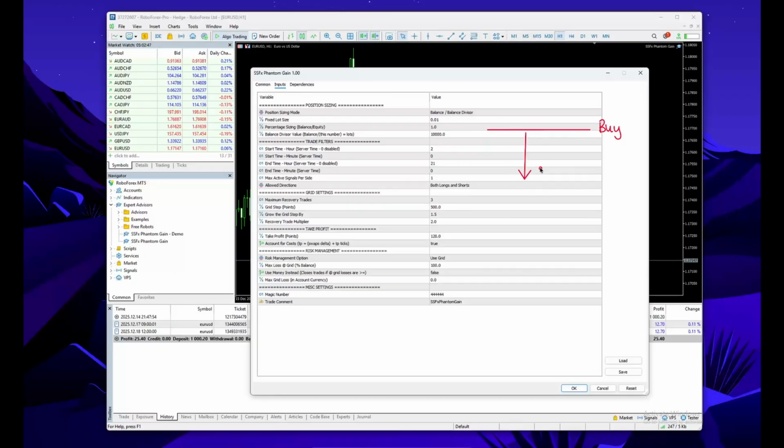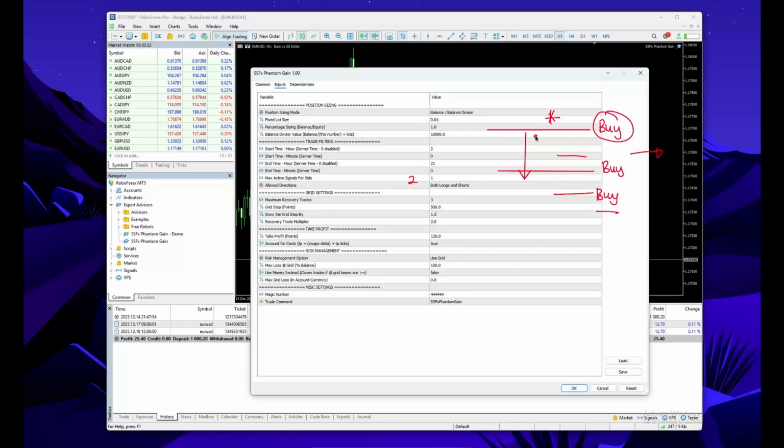Once it has entered into recovery mode, which is essentially it has activated the grid, for instance, it has already taken another trade, if and when it then finds another signal, let's say at this point or even here, and you have set this value to, let's say, 2, it can take an additional buy trade. However, by default, it only takes the first signal and ignores all the other signals until this trade has been